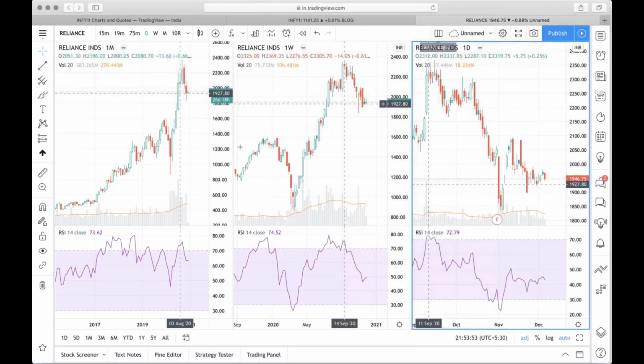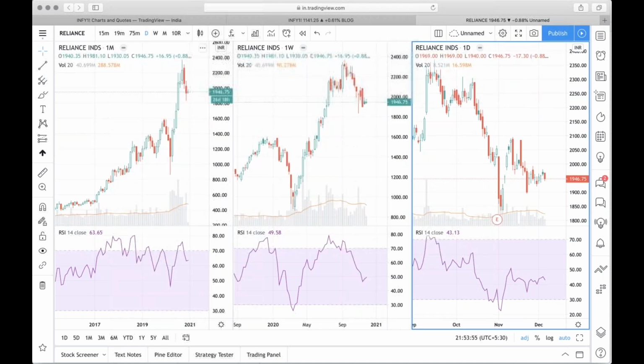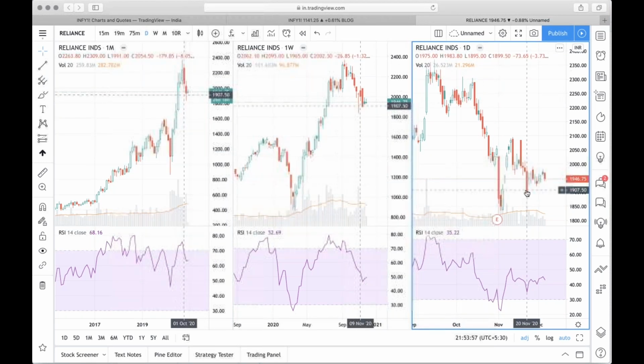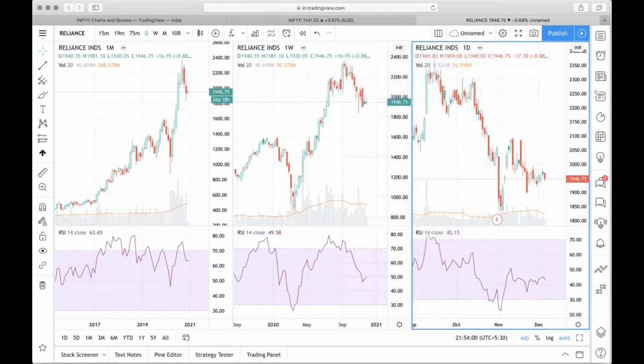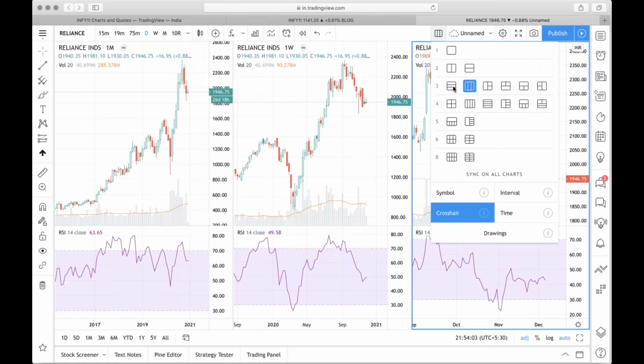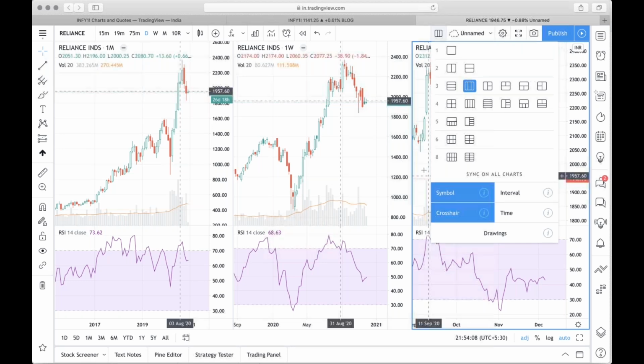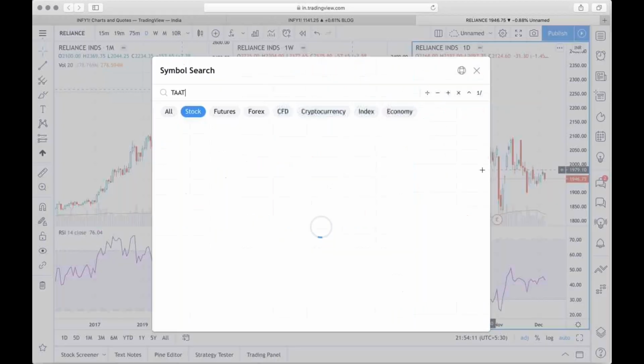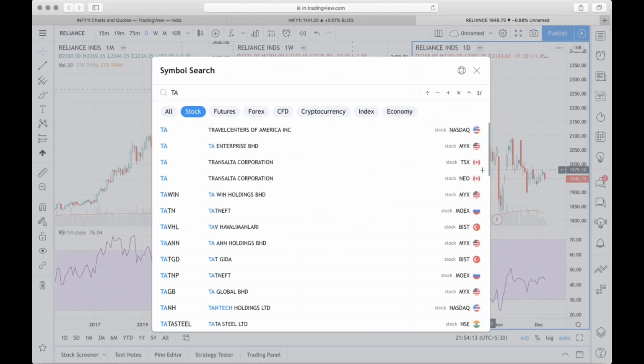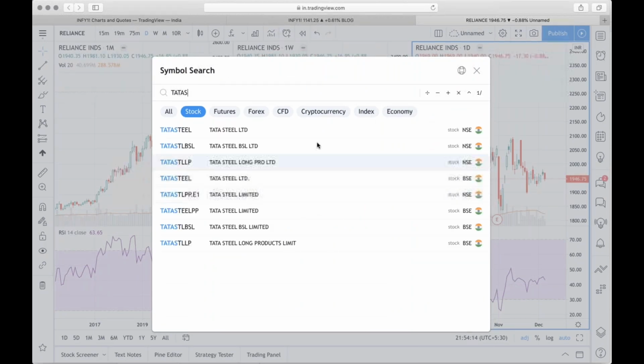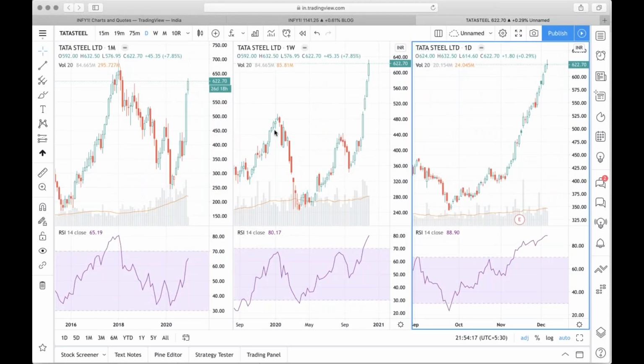So if this is your objective, to look at the same stock in 3 different time frames or 4 different time frames, or I don't know, 8 different time frames, you should always click here and click the symbol. Make sure the symbol is clicked. When the symbol is clicked, and now if I go to Tata Steel, if I click on it, everything becomes Tata Steel in monthly, weekly, daily,